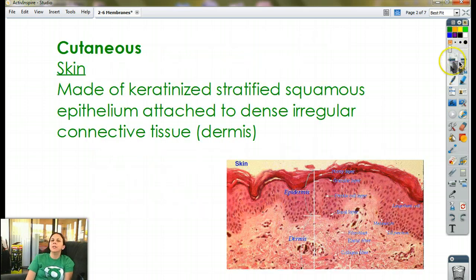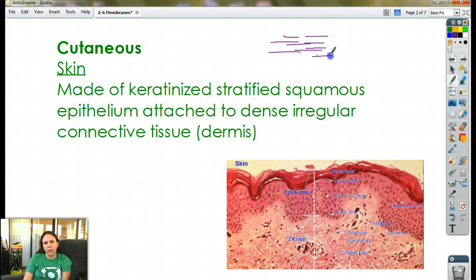All right, let's take a look at cutaneous membranes. Cutaneous is just skin. That's it. Nothing else. Easy to remember. Skin is made out of keratinized, and we talked about this already, stratified squamous epithelium. So we're talking little plates that all just kind of lay flat on top of each other. The keratin is what makes it super strong and tough and waterproof. And then down at the bottom, it's attached to a layer of dense, irregular connective tissue, which we usually refer